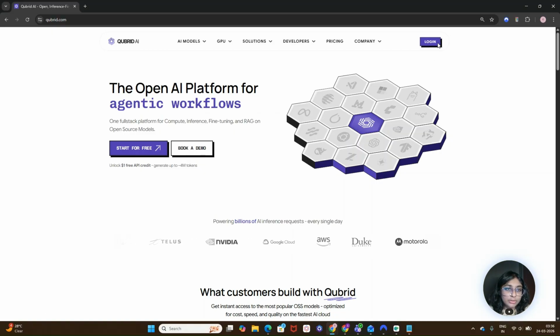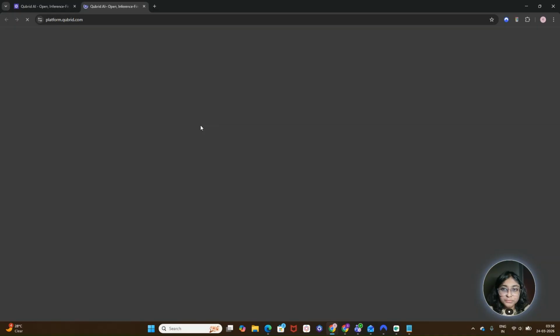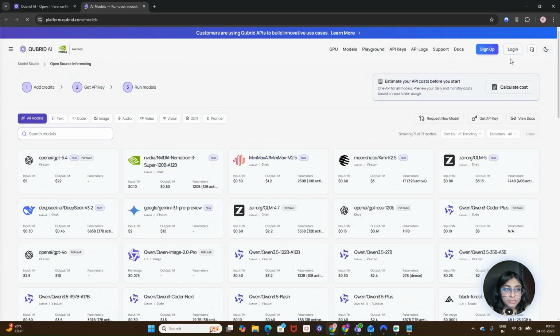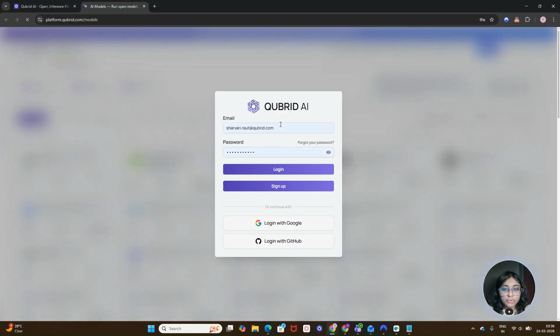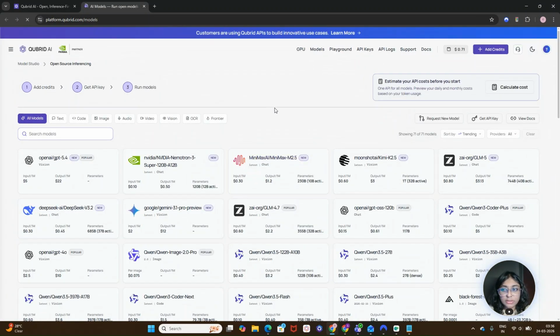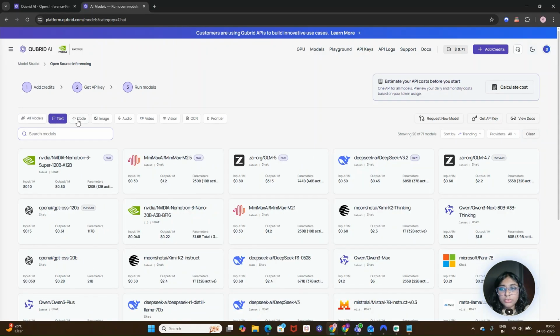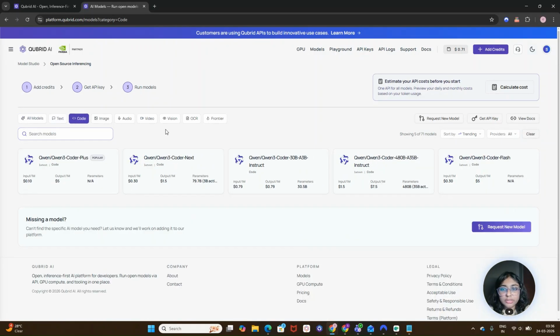So go ahead and log in to your account. If you don't already have an account, you can click on sign up and create a new account for yourself. As you can see, we have different use cases over here and the models are segregated based on the use case. If you want to search any model, you can start typing over here.